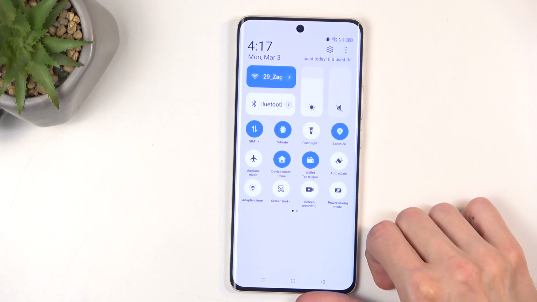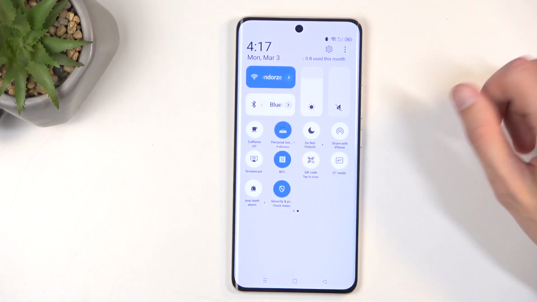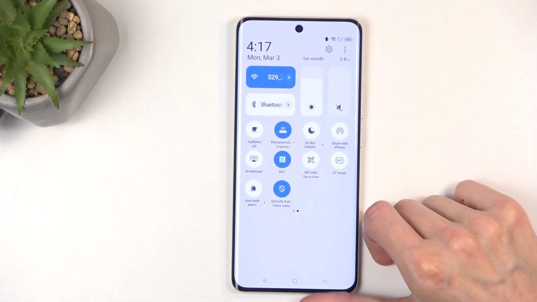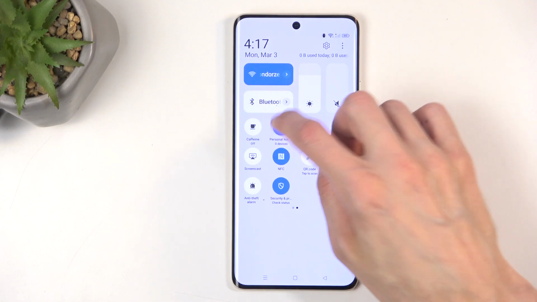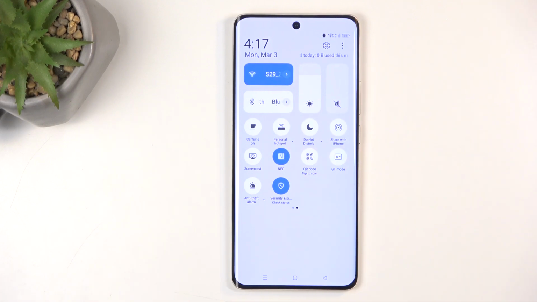Let's find the toggle once again, and this time around we're just gonna click on it to turn it on whenever you want to utilize your hotspot. Once you're done needing it, you can tap on this toggle once again to turn it off, as hotspot does consume more of your phone's battery, so once you're done using it, it's beneficial for you to turn it off,